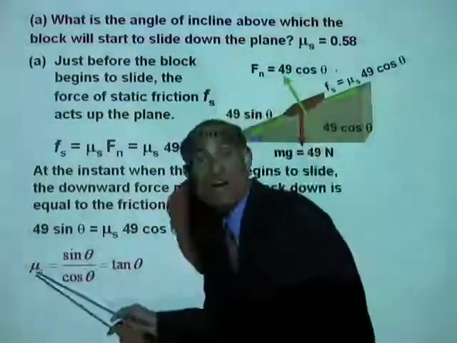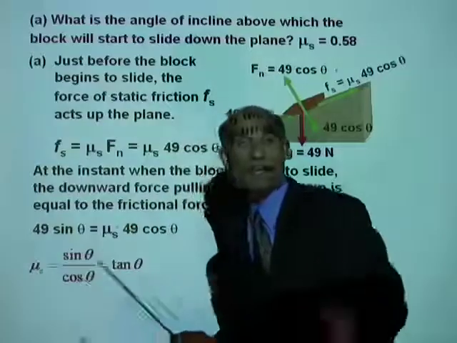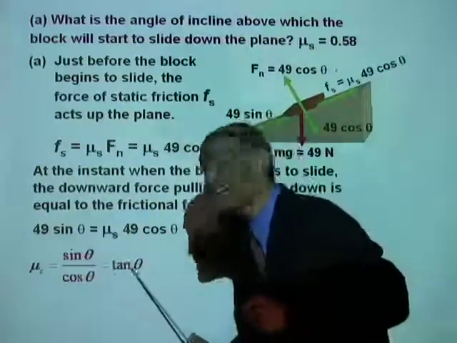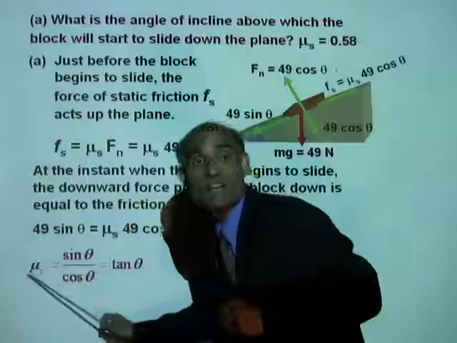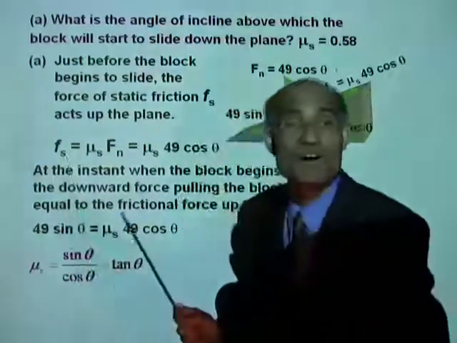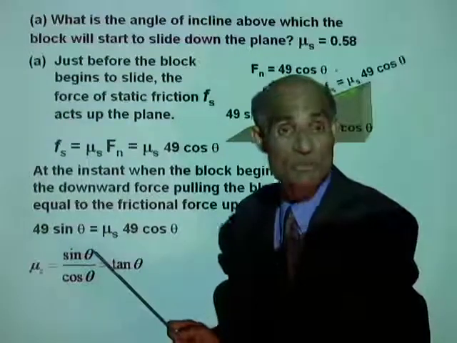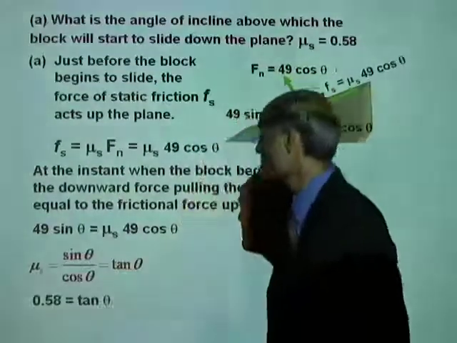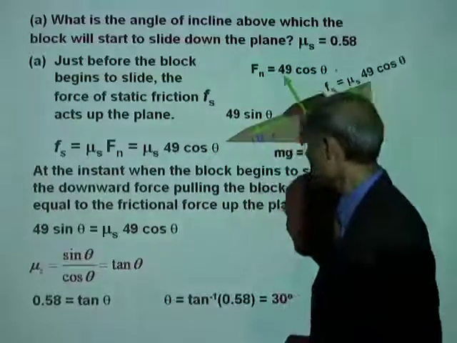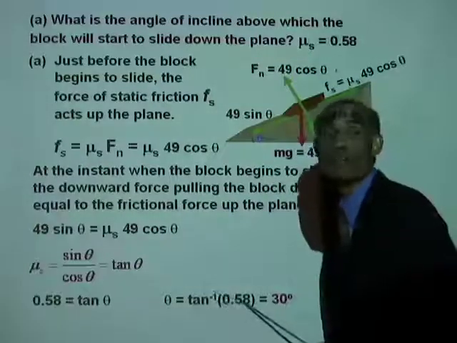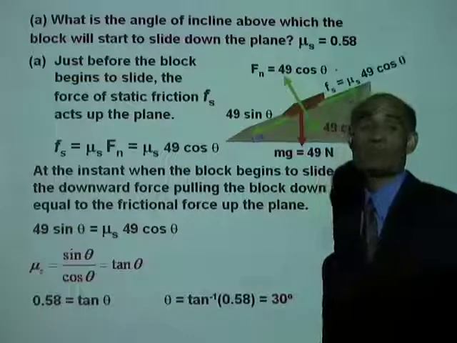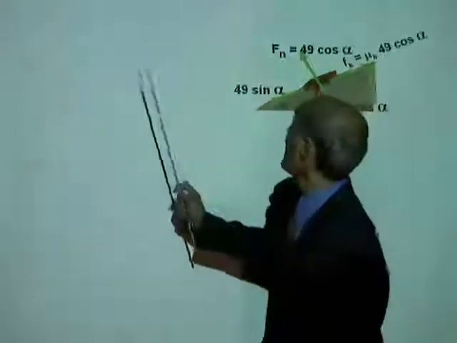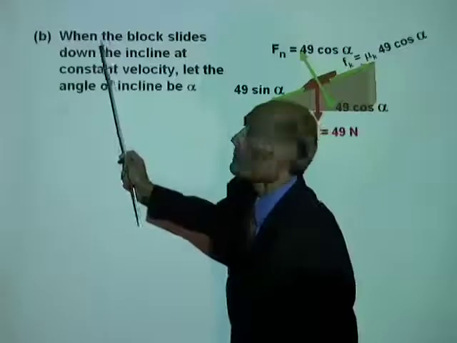You can actually start here and say, when the block begins to slide down, the angle theta is such that tan theta equal to coefficient of static friction. That would be enough. And therefore, 0.58 equal to tan theta, or theta equal to tan inverse of 0.58, that will be 30 degrees. And now, the B part, when